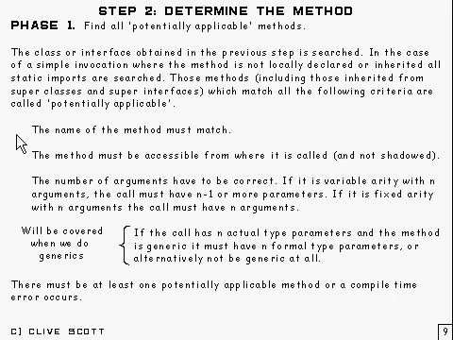Okay, so potentially applicable ones are those which have, well, for a start, the name's got to match, the method's got to be accessible from where it's called, of course, and not shadowed, and the number of arguments have got to be right. So if it's a fixed arity method and it's got n arguments, then the call's got to